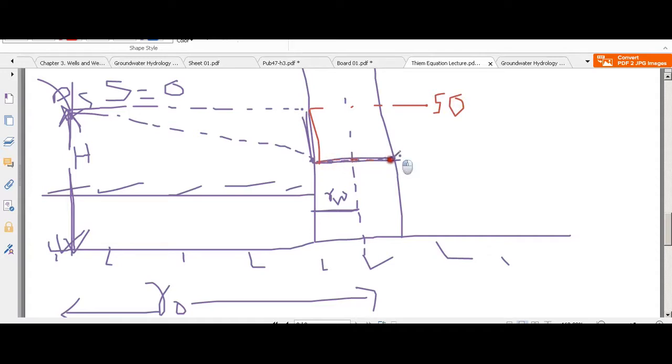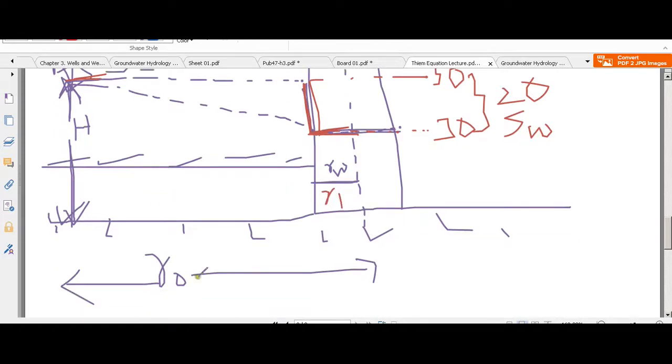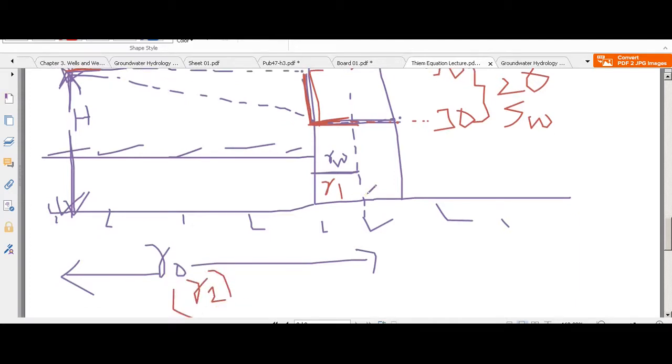So this is the water level inside. What is this drawdown? So this drawdown is 20, right? The difference between the water level at rest and the water level inside the well. This is the drawdown actually. So we can call this SW, according to the special case. Okay, right. So now you can consider this RW is like R1. This R naught is the same as R2 in the basic equation. I hope you got the point.